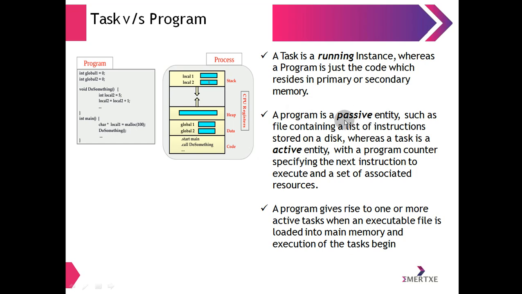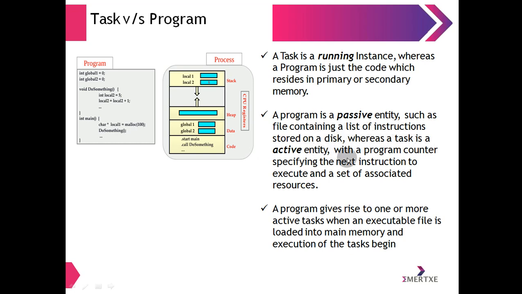Suppose there is a program. It could reside in memory or in secondary memory. Until and unless we initiate or fetch that program, it is basically an inactive thing. So that's why it is said to be a passive entity. A program is a passive entity, such as a file containing a list of instructions stored on a disk, whereas a task